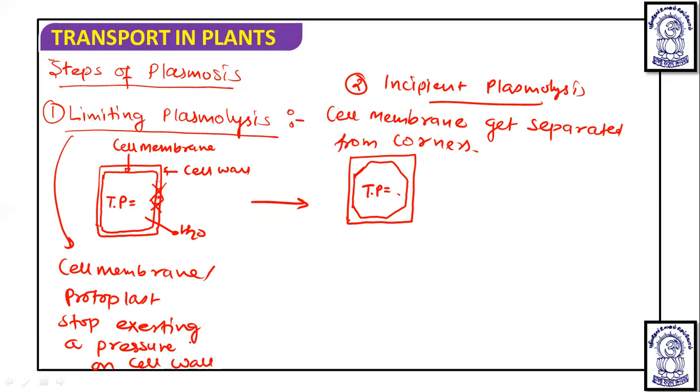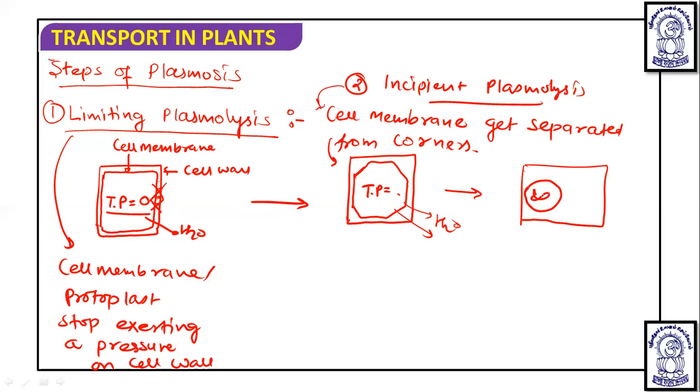And when the cell membrane or protoplast stops exerting pressure on the cell wall, the turgor pressure becomes 0, and that is limiting plasmolysis. When more water loss continues, the time will come where the cell membrane gets separated from the corners, and that is incipient plasmolysis. And if this continues, more water loss will occur, and the protoplast